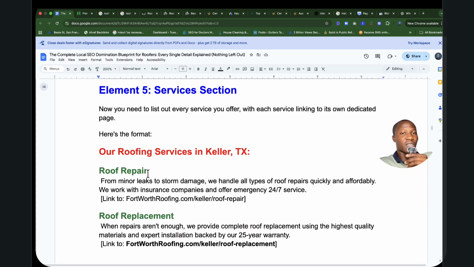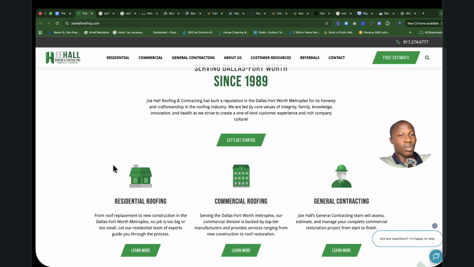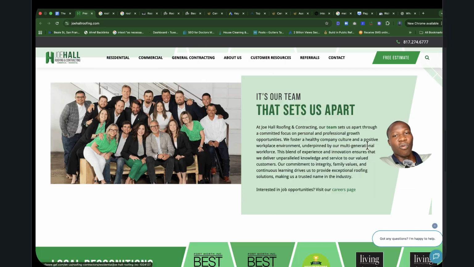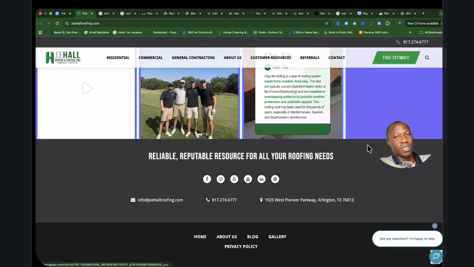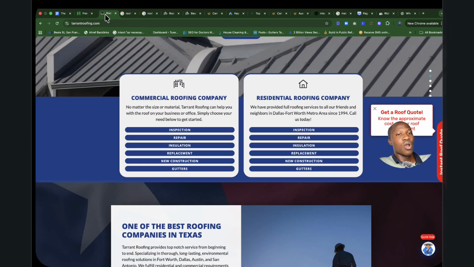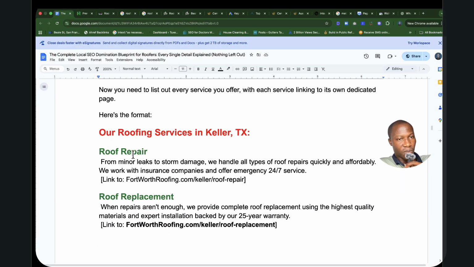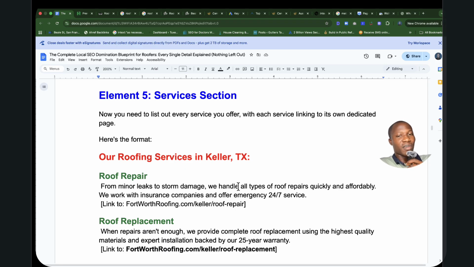So element number 5, it's the service section. You want to include your service section, which is something like this: residential roofing, commercial roofing, general contracting. Whatever service it is you render, you want to include it on your page. Inspection, repair, installation, replacement, new construction. So whatever service it is you offer, you want to include them and have them on a separate page as much as possible. So you could just have a few snippets of that service linking to a dedicated service page,